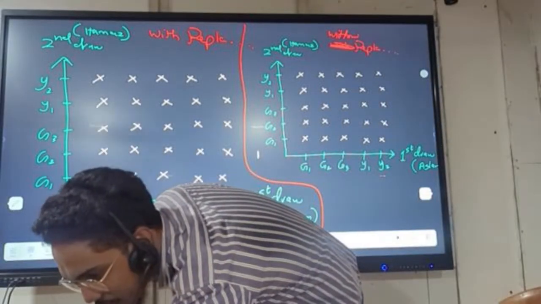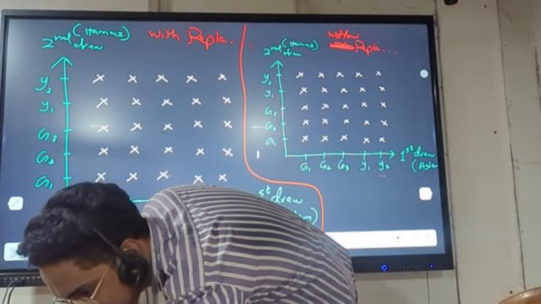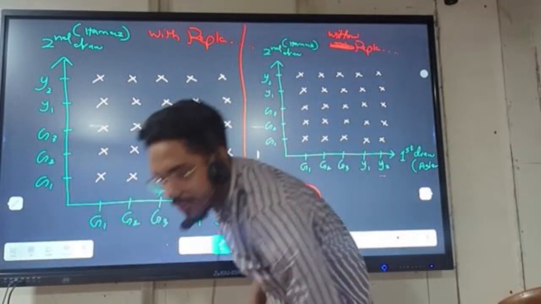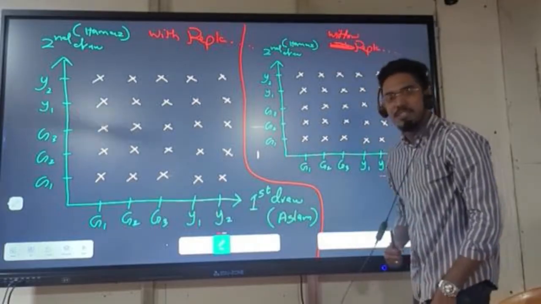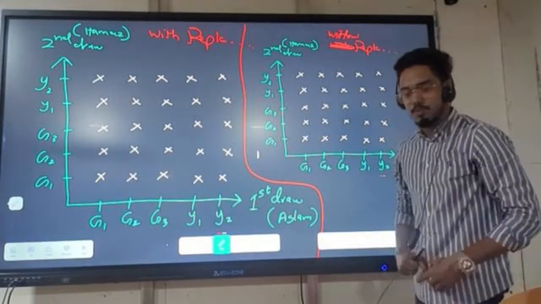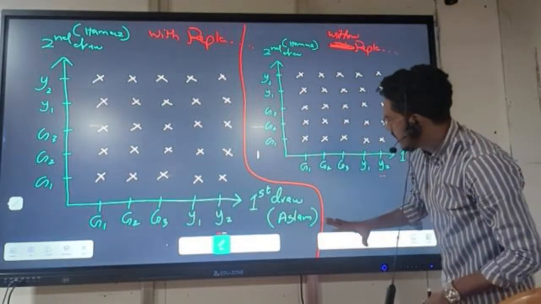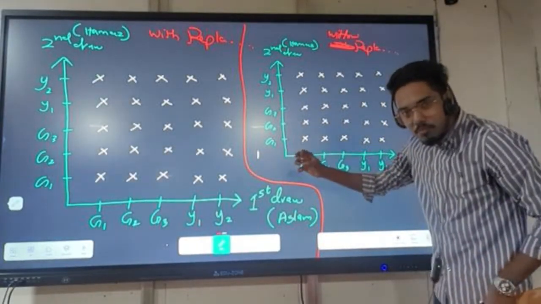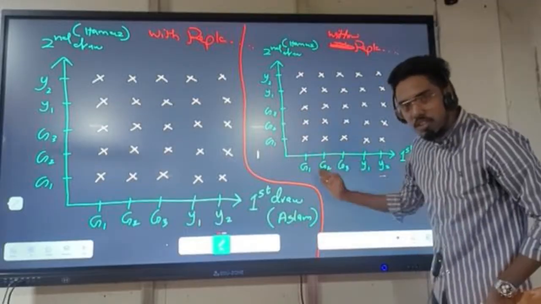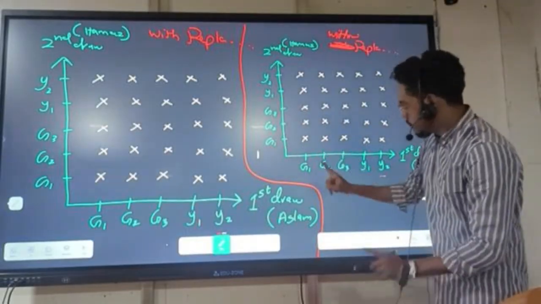If you can remember what we discussed for without replacement, can you tell me what actually happens in without replacement? In without replacement, the same item being repeated in both the draws is not possible, which means